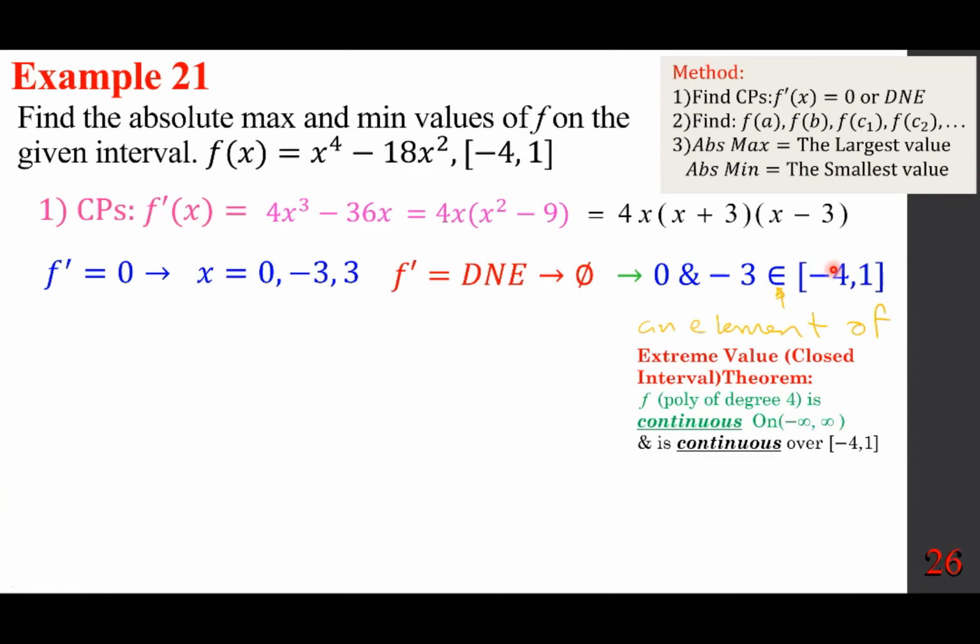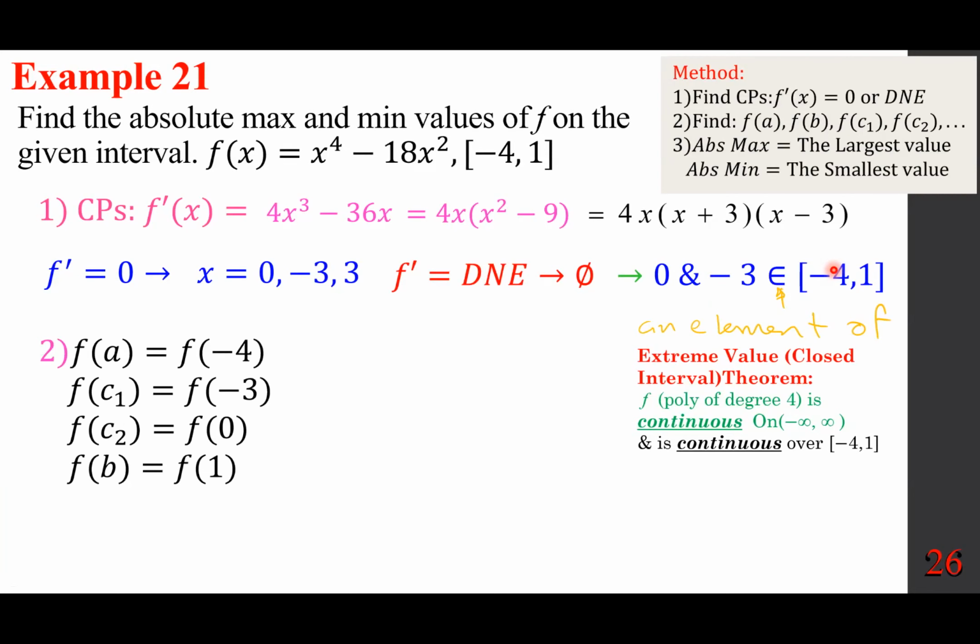So you have to plug in. What do you plug in? F of a, which is negative 4. We have 2 critical points, f of negative 3, f of 0, and f of b. See? So plug it in and evaluate it into the original function. We get the following answers, which means